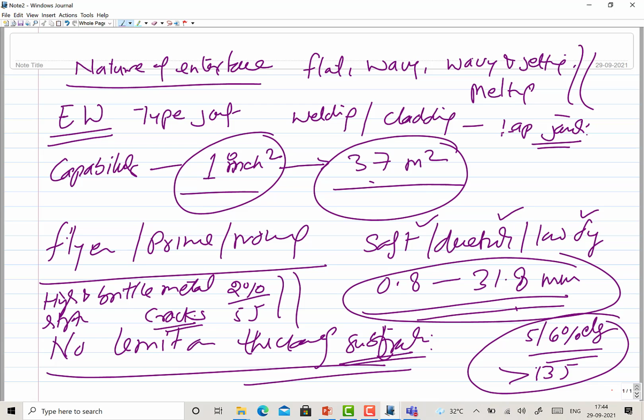Okay, I had said in the beginning, for explosive welding, ultrasonic welding, magnetic pulse welding, one of the metals must be soft and ductile so that it can deform and develop the joint. Similarly, here in explosive welding, the ductility of 5 to 6% and the toughness of about 13 joule is needed. If it is not so, then you will find that the things have got cracked. Okay, still if it is low,